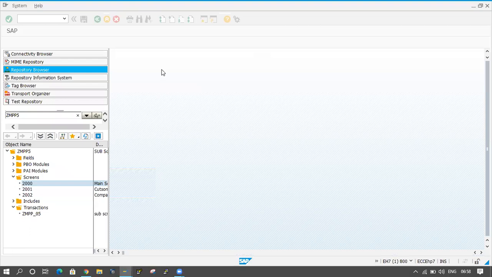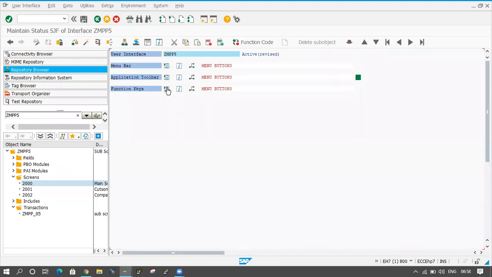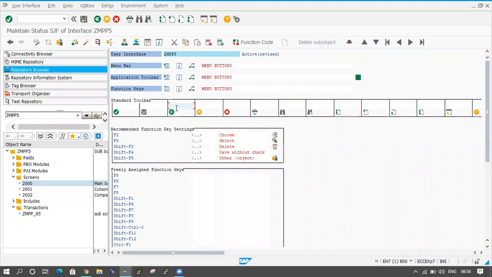So for back button functionality, function keys are coming here. This is back. I'm providing back, cancel, and exit. These three things I am activating here. Now save it, activate it.